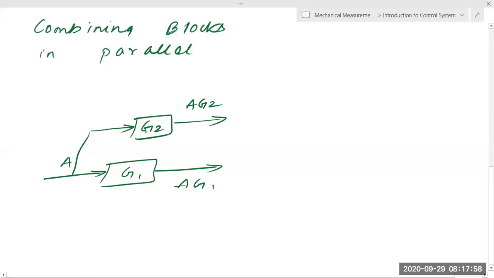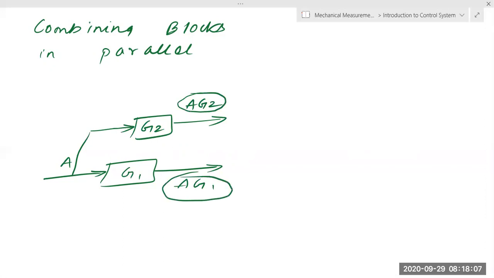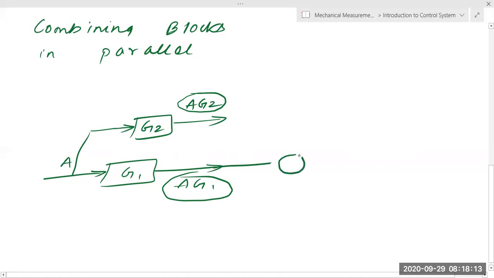Now I want to combine this signal as well as this signal. These two signals, whatever signals are coming out of these blocks, need to be combined. So I'll use a summing point here, and this will also go here and come here. Suppose this is done. So this arrow will come here, this arrow will come here. I'm calling this a summation point. Suppose both signals are getting added, so this will be plus and this will be plus. What will come out of this is very important. What is going to come out of this arrow signal is how much?